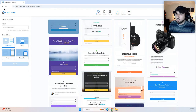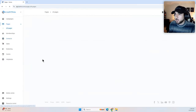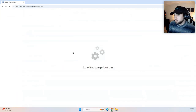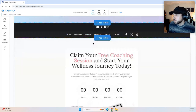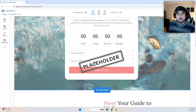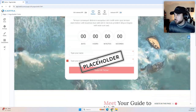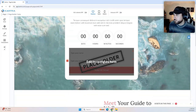If you're doing the embedded option, I'll show you here. If we go back to our page, we do have an embedded form on this template, and we were to edit our page template here. It's going to be in this second section. Right here you can see we have a placeholder form. This is where we can put an embedded form onto our page. So if we were to edit this placeholder, once it loads here,